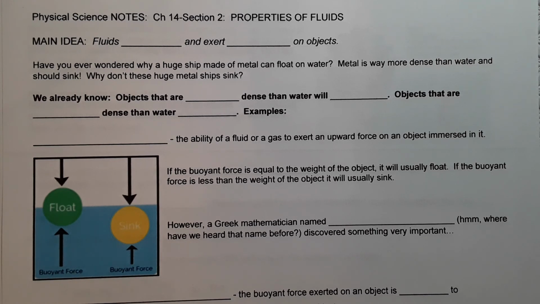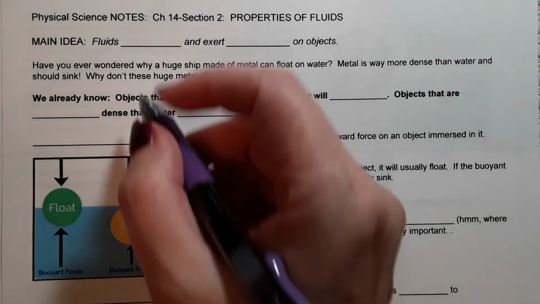Its particles, whether they're atoms, ions, or molecules, can flow against each other or even separate, and they can take the shape of whatever container they're in. A solid cannot do this because its particles are stuck together in a rigid pattern. So fluids can be liquids or they can be gases. Both exhibit fluidic properties.